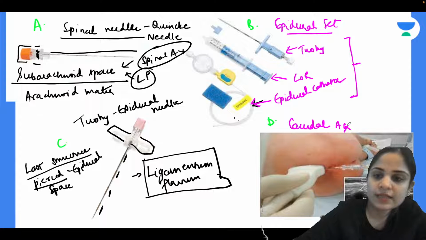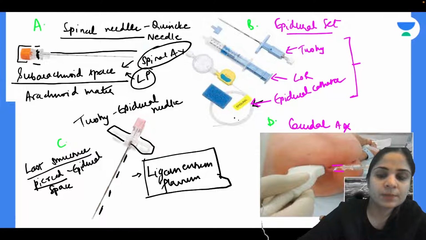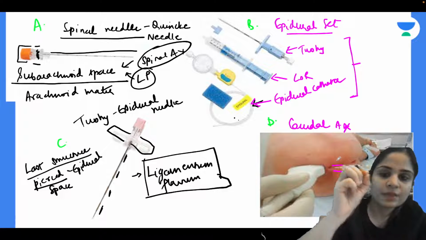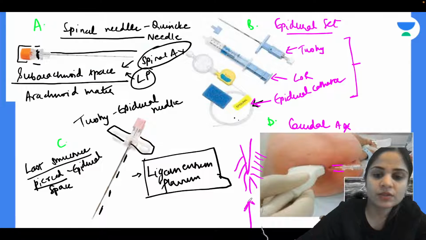Okay, so caudal anesthesia, what are we doing? We are basically putting a needle into the caudal space. What is the caudal space? Right at the upper level of the buttock of the child, we find a place over there and we put through the sacrococcygeal ligament, we put this needle and reach the end of the spinal cord. So if this is my spinal cord, this is my cauda equina and filum terminale, then what am I doing? I am putting my needle here and it is reaching the end of the spinal cord.